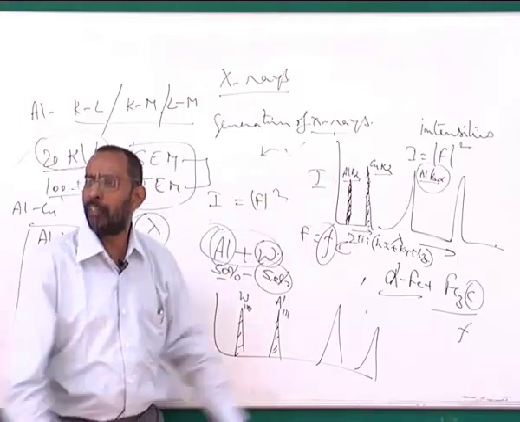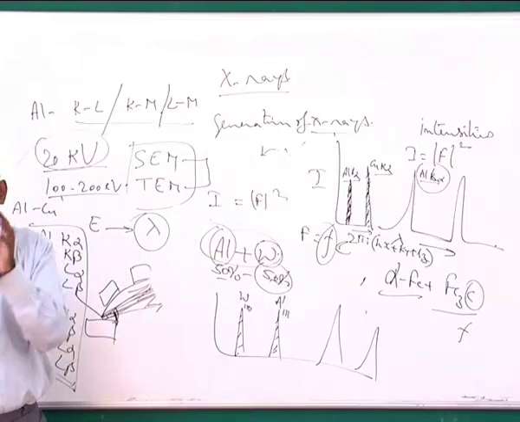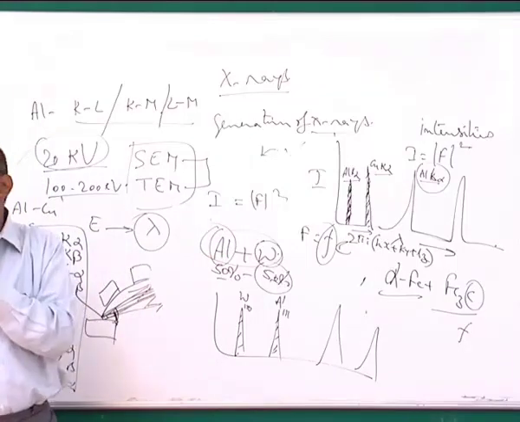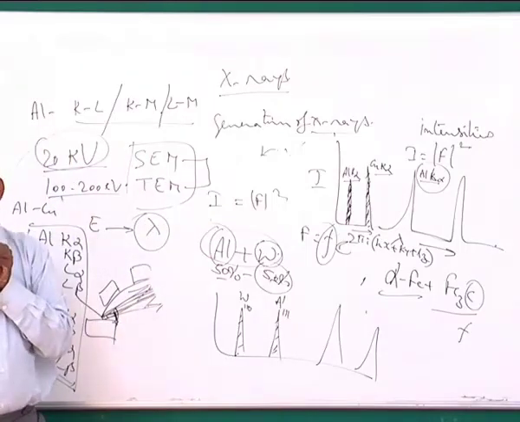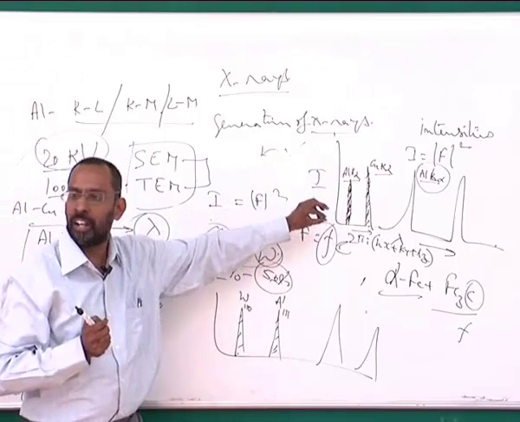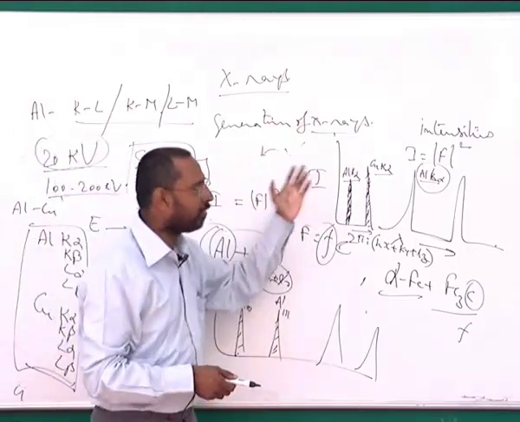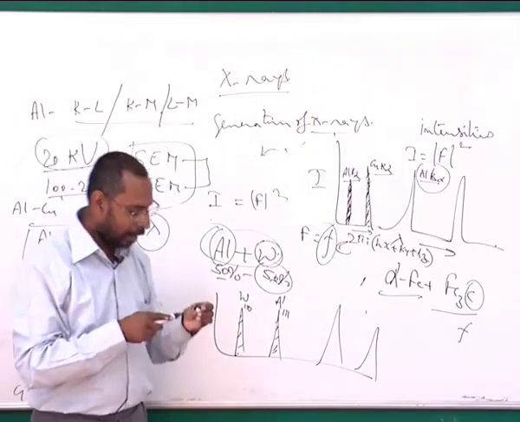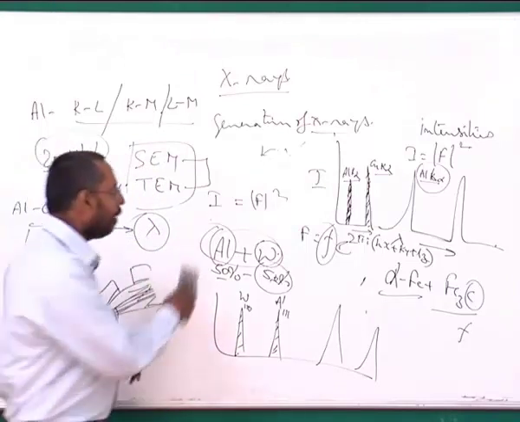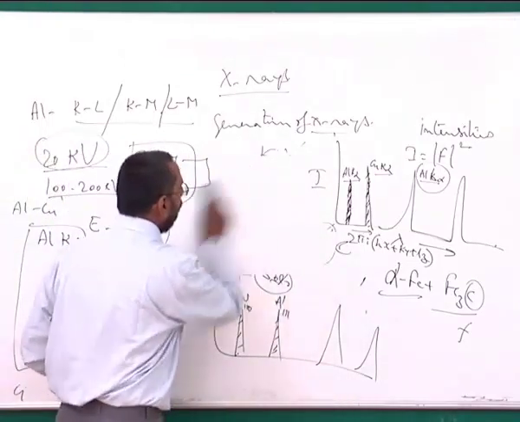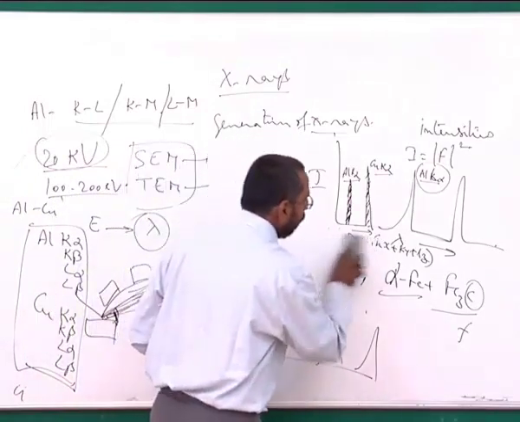Similarly, your alloy may contain a lot of aluminum, but the actual aluminum peak may be smaller because the K alpha that is coming out of aluminum may be lost because of another element that is present, whose energy that is required to knock off an electron can be supplied by this K alpha of the aluminum that is coming out. So as a result, the aluminum will lose its energy, so it will show as a smaller peak, though it is actually larger. So these corrections, people regularly correct, and with that we will be able to find out the exact values of the amounts of the elements that are present. And most of these softwares have these corrections incorporated so that we get the correct values.